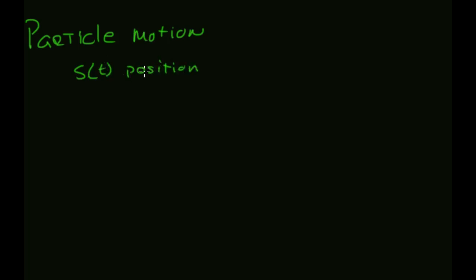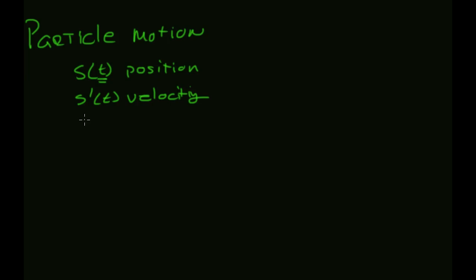Okay, so this is a video on using the derivative to calculate matters that involve particle motion. There are some key ideas here: if some function s of t is a position function, so it gives its position at time t, then usually s prime of t is the velocity of that particle,